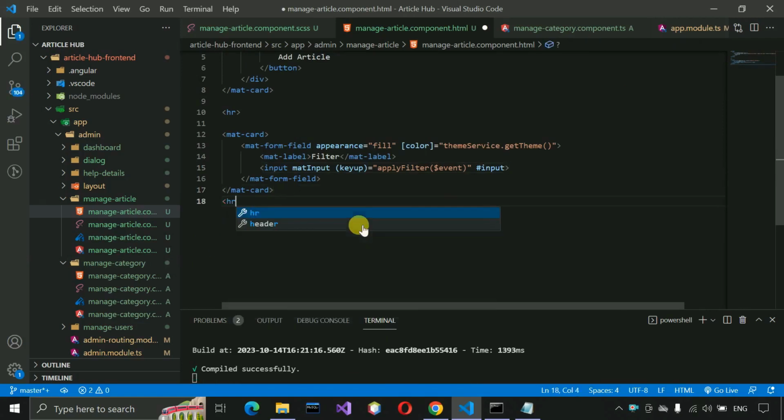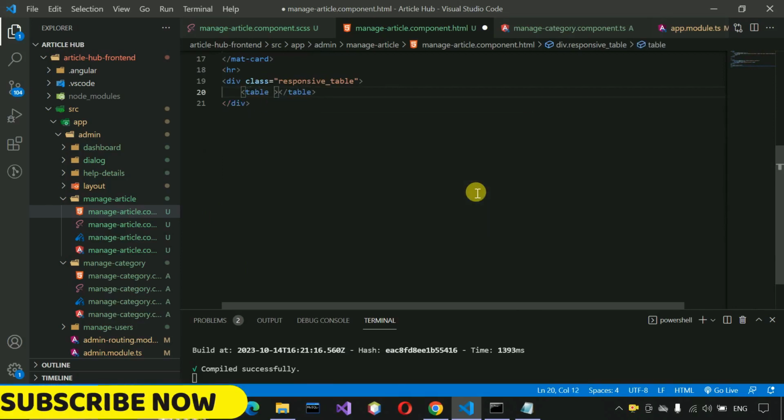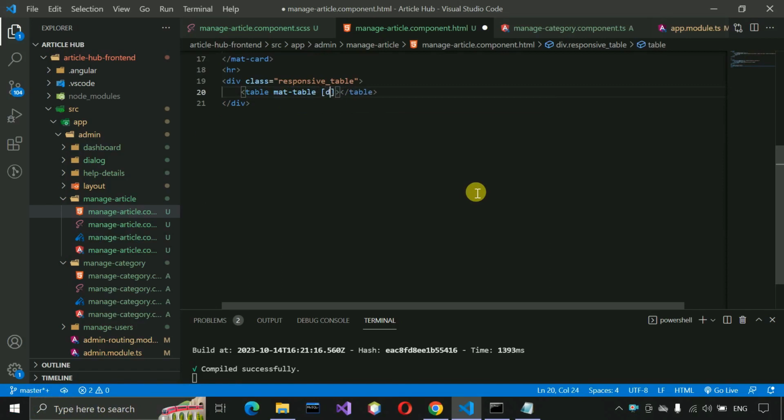and put HR. And then here we have to create div class responsive underscore table, and just close this one. Let me scroll this one a little bit up, and after that table, and here we need to write mat table, and data source will be data source, and class mat elevation dash z8, and inside this one we have to create the